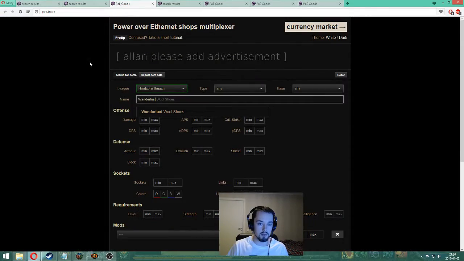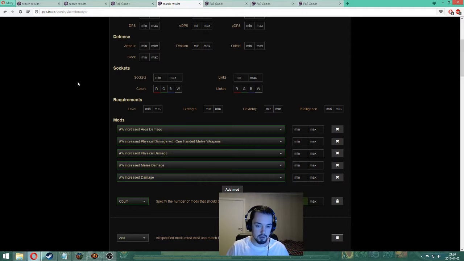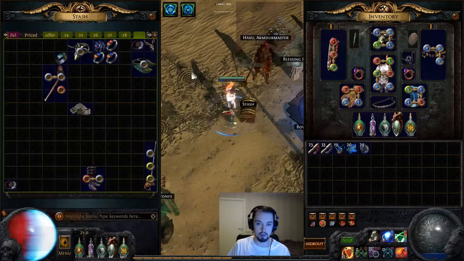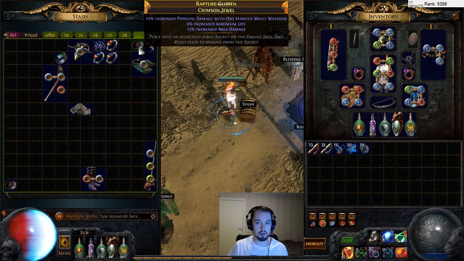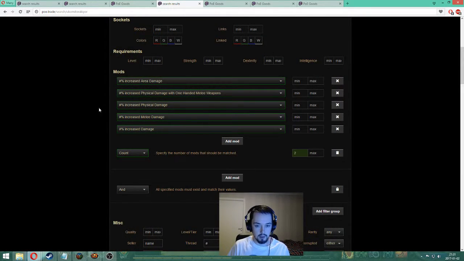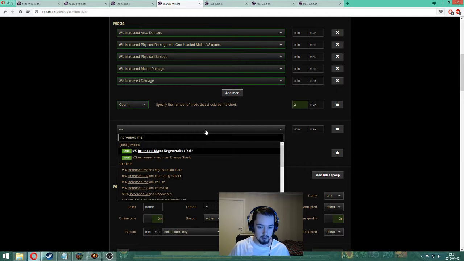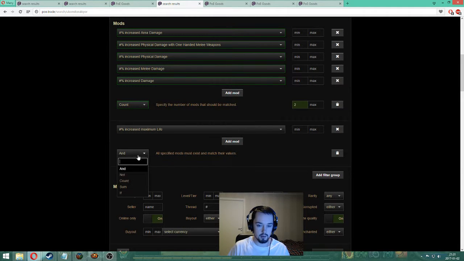It's very important to not be too specific with your dual searches, because there's a lot of dual mods that can apply to the same build, like a build that can utilize this one, physical damage, area damage, can probably utilize physical damage in general, melee damage in general, and increased damage in general, aside from the ones it already has. And we want the increased maximum life as well as a separate mod,